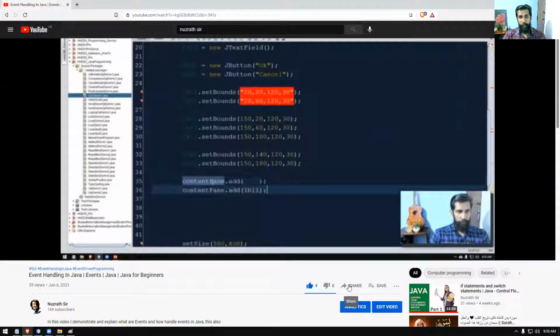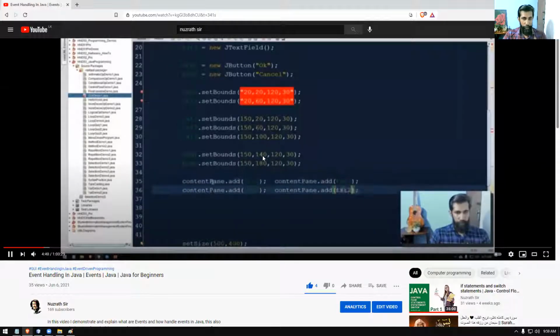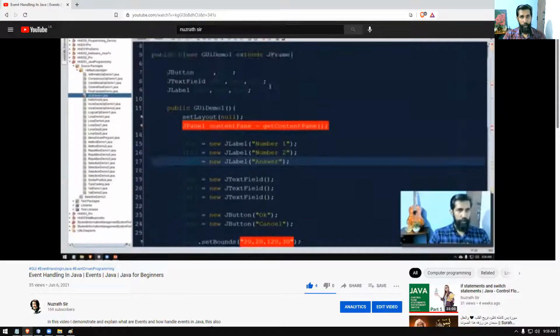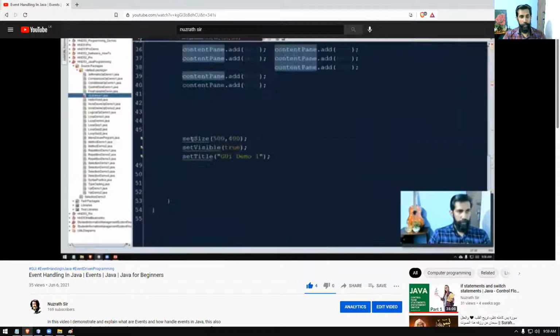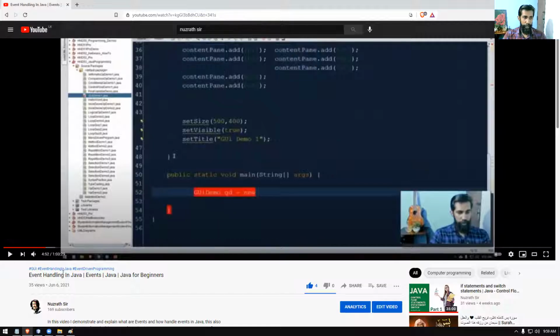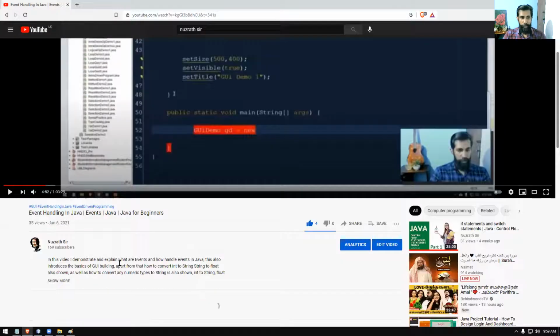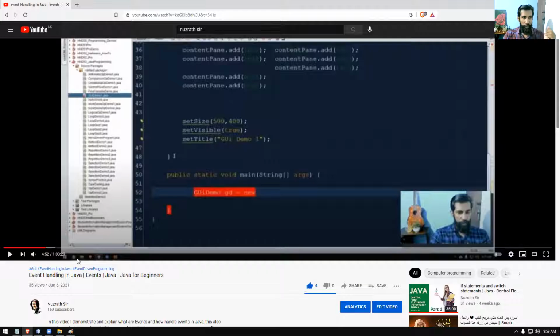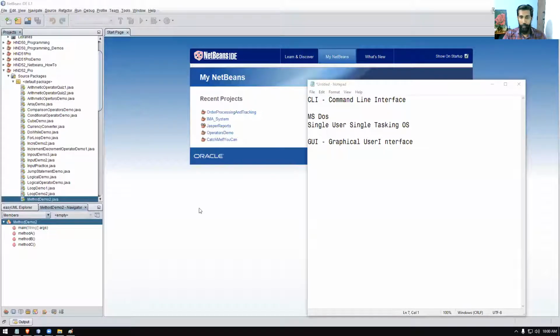So this part, I'm building a GUI part. I'm building a GUI program from scratch. So I'm not using NetBeans to do that. I'm just typing all the code and doing it. That part I'm going to skip in this session. I'm not going to do it. If you want, you can refer this video, okay? Event handling in Java. That video you please watch if you really want. This is a short and sweet video, about just 1 hour. Everything is there. You can cover it up, right? Okay. Nice. Let's continue with our program now.